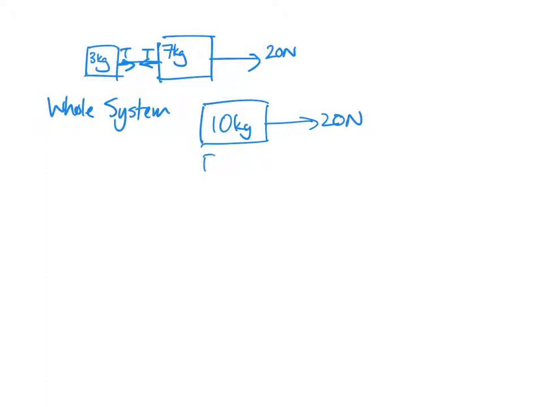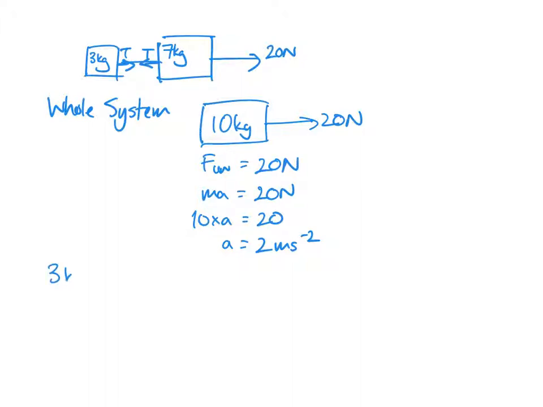So, as usual, our method: draw a free body diagram, write an expression for the unbalanced force in that situation. And then you can use ma is equal to that, and in this case 10 times a is 20, gives us the acceleration of the whole system. But if the system isn't falling apart, which we assume, then the individual parts within that system must have that same acceleration as well. So now if I look at the 3 kilogram block,